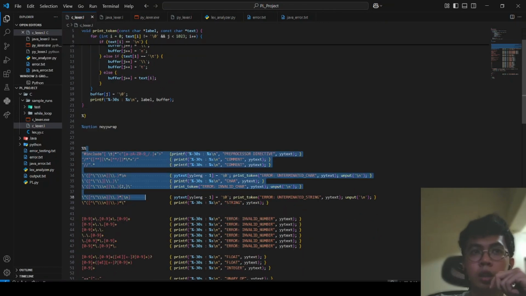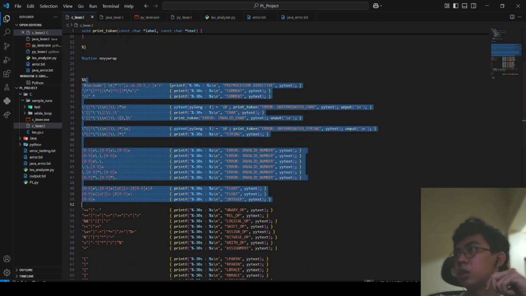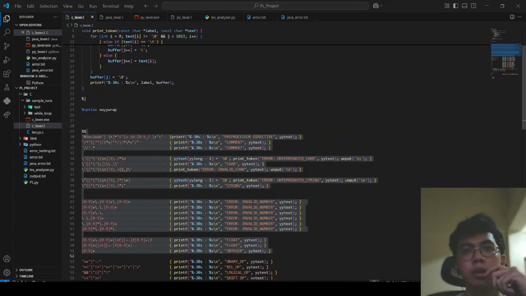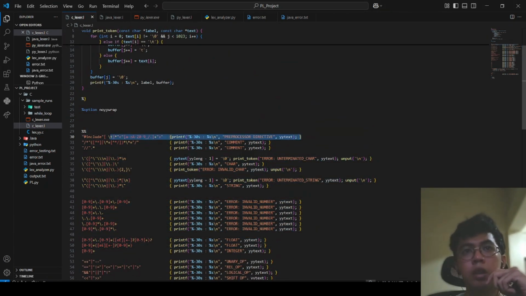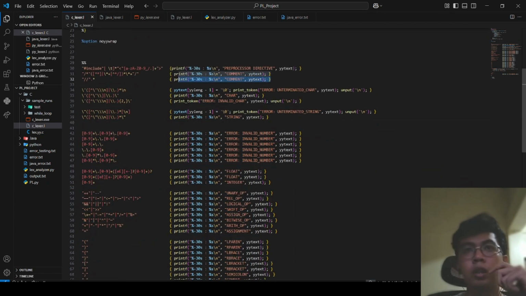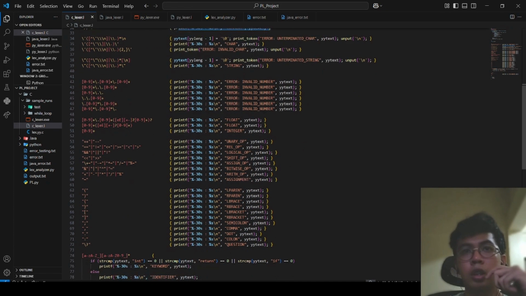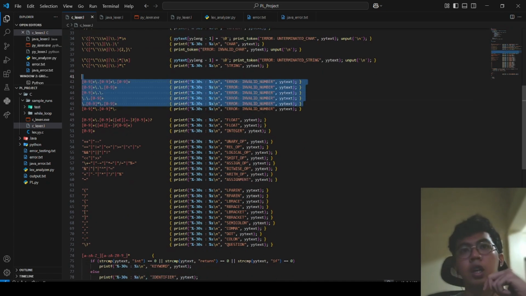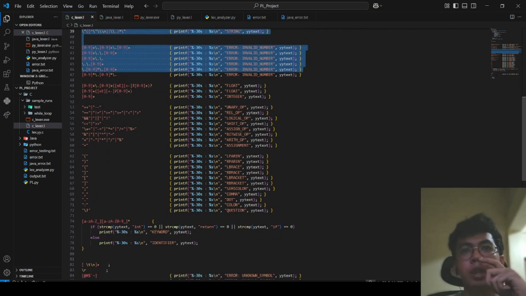So these are the lexical rules. We have here the preprocessor directive for C, and then comments. All of the errors are also included. Data types: char, string, float, integer, and an error for invalid numbers.